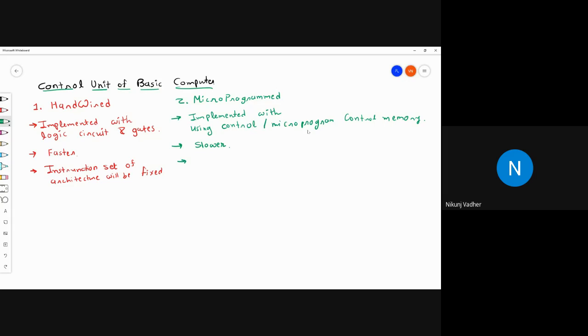While in the case of microprogram, instructions can be altered.